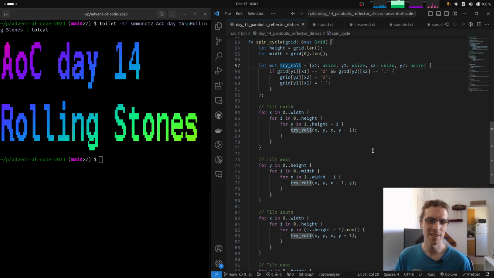And yeah, this was a really nice grid-based puzzle. I sort of like doing these things where you simulate things, move things around, and you could sort of imagine the rocks moving around. It's a simulation thing and a tricky thing for part 2 where you have to detect cycles on the input, but it wasn't that tricky, at least compared to some previous puzzles. So this was a good one,